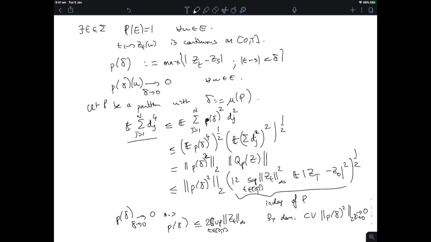And this means that we have one term here, which is just a finite number independent of P and therefore independent of delta, and here a number that goes to 0 as delta goes to 0. So as you refine your partition and you make the mesh size go to 0, these quantities here will go to 0. And that concludes the proof of this particularly technical lemma,